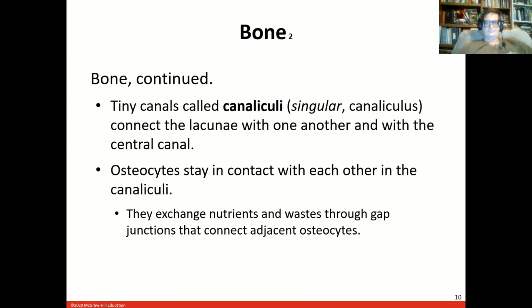Let's move on. So in this compact bone, you have tiny canals called canaliculi. They connect the lacunae to each other and with the central canal. It lets the osteocytes exchange nutrients and waste that get to the central canal through little gap junctions. What we're saying is that those osteocytes living in the lacunae have connections to the other ones, and holes that pass between the membranes, so they can exchange